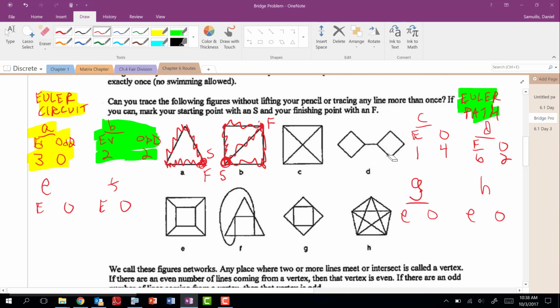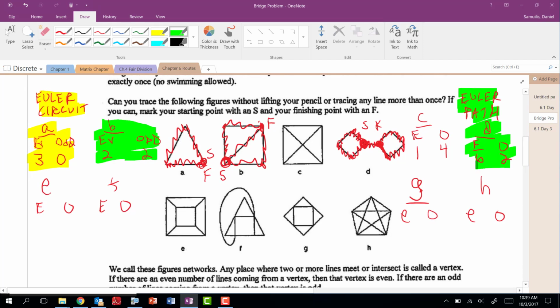And then that gets into what your notes are today. Those that found a success either started here or started here. I don't know if you could see the pointer, but started here. Well, I don't want to use the bridge because I cut myself off. So I'm going to go this way. 1, 2, 3, 4. Then I'm going to cross the bridge and then do these. And I used every edge. And I started here and I finished here. What does that make that? An Euler path. And now we're getting into a conjecture. All right, but not yet.